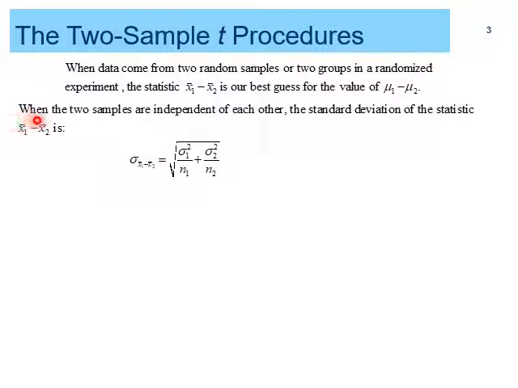But here it is written that the two samples are independent of each other, and we know that for variance, if we are subtracting, we are going to add both the variances. So similarly, we got this value by adding, and because this is independent, we are not adding covariance. So this would be the formula for the standard deviation of x1 bar minus x2 bar.